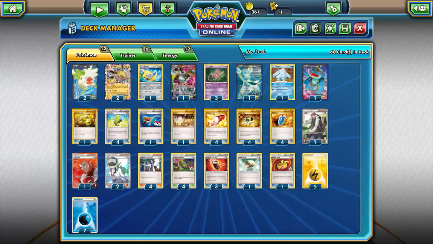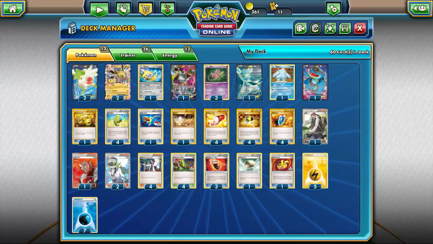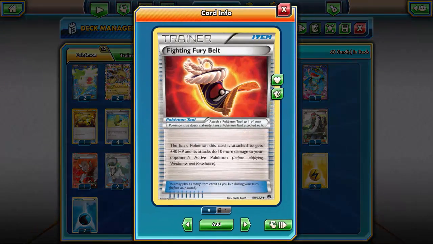So that means that we are going to start attacking in the first turn of the game potentially, and this is awesome. In the early game, you're going to be using Memories of Dawn and locking your opponent, and at the same time you're going to be using Fighting Fury Belt, and you are not going to put Fury Belt onto the active Mew, but onto the benched